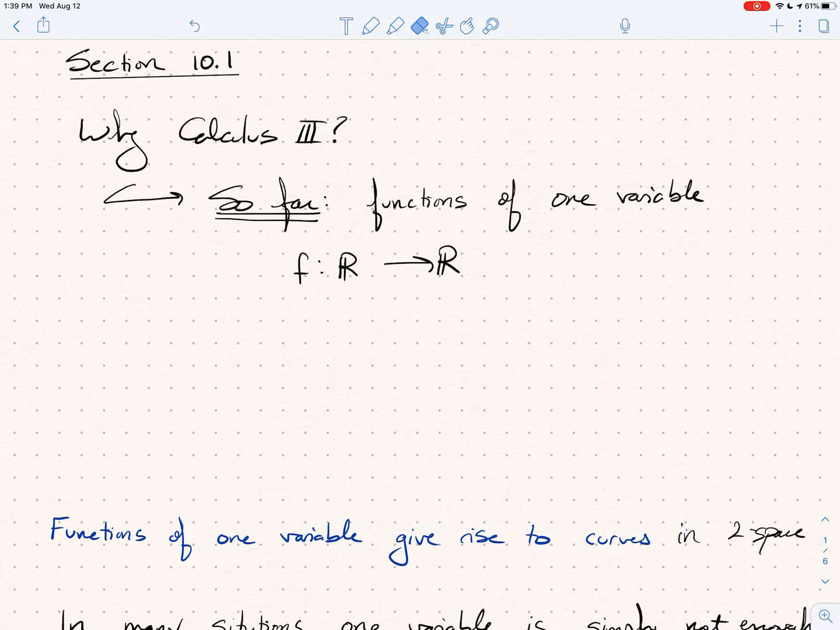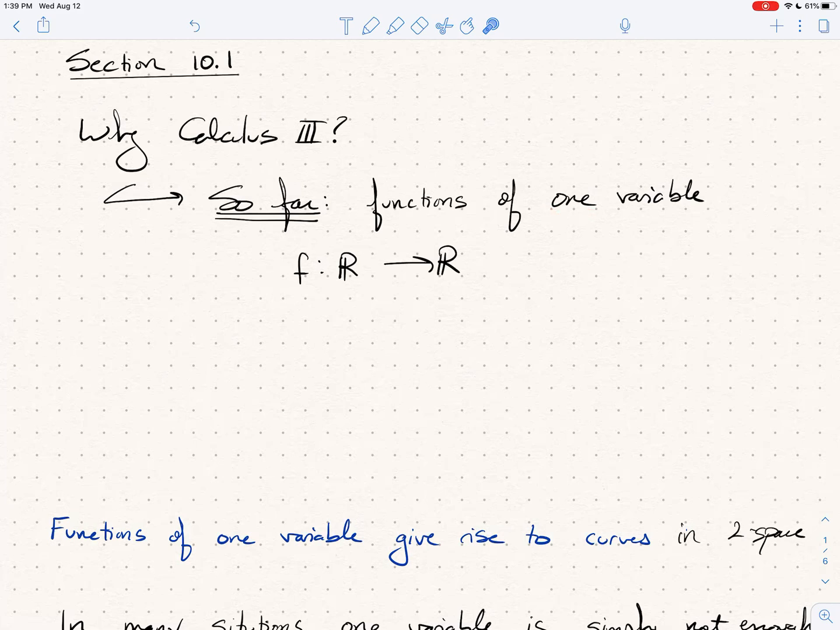Welcome to Calculus 3. We're going to dive into section 10.1. And one of the first things that I want to talk about is why do we need Calculus 3? Surely Calculus 1 and Calculus 2 was enough for anyone. Well, it turns out that so far in Calc 1 and 2, you studied functions of one variable, which we